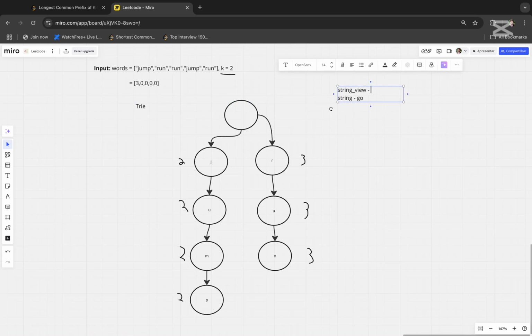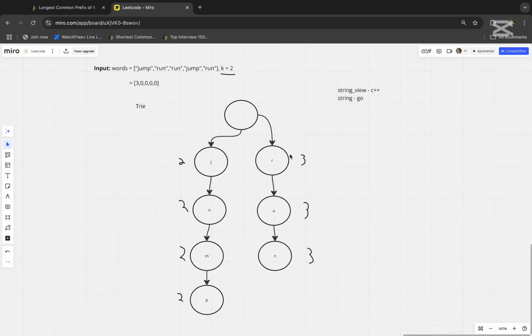Of course, there are some ways you can do this without using string views and Go strings, but I believe that this makes the implementation way simpler. So that's why I decided to implement this in Go for you guys. And extending this to not use either of these two shouldn't be that hard. Anyways,